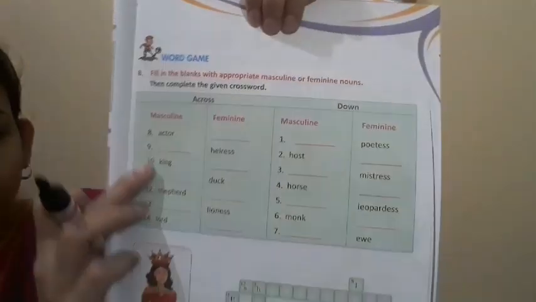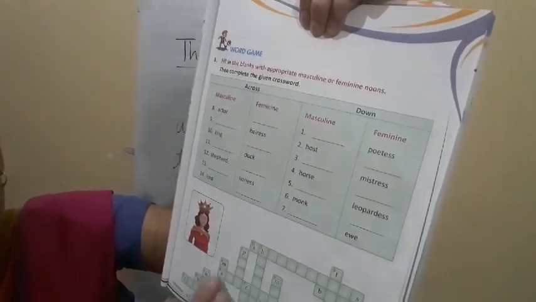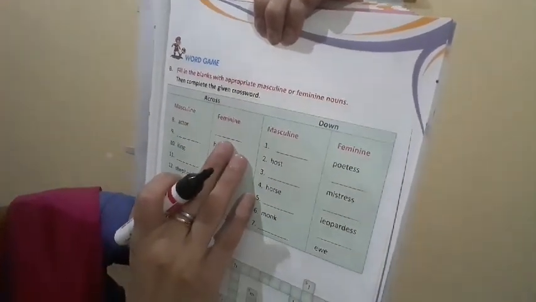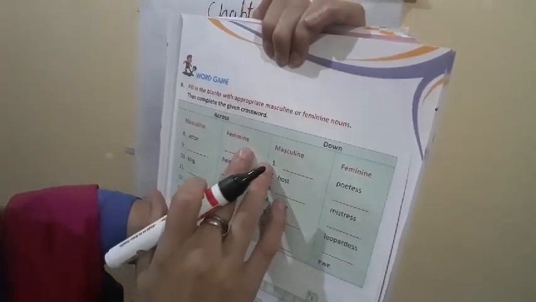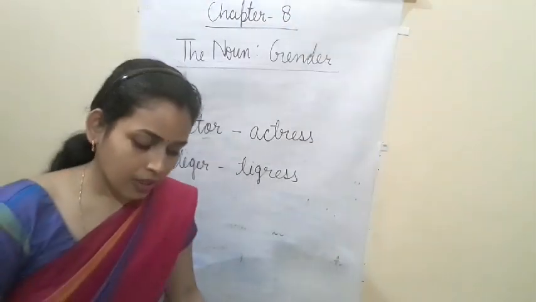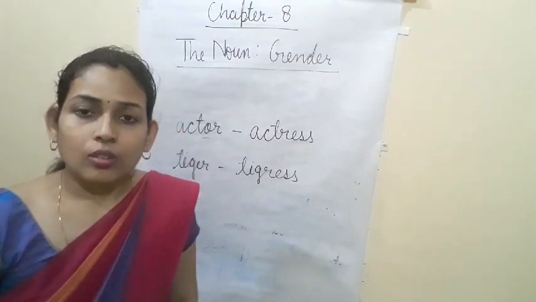As you can see here, first number A, actor it is given now, so we will see where is first number. Okay, so according to that we will write the answer. First we will fill here. Okay, first we will fill here actor, actress. Okay, and then we will write the answer here. We will do this here with the pencil, you will do. Clear? So I hope this much, whatever I taught, this much is clear.